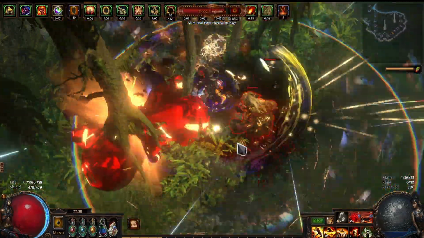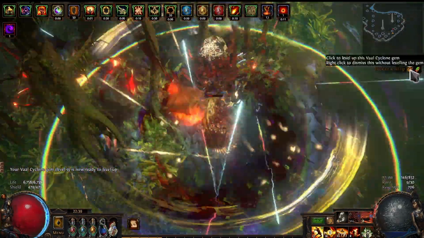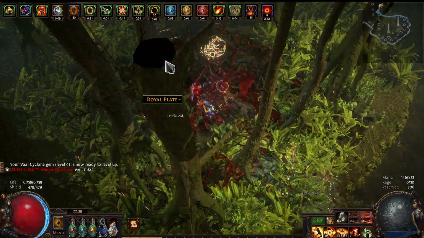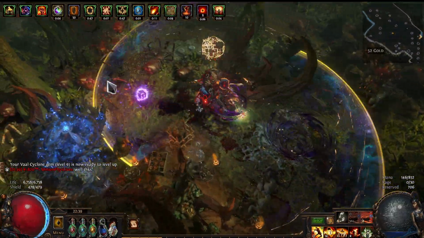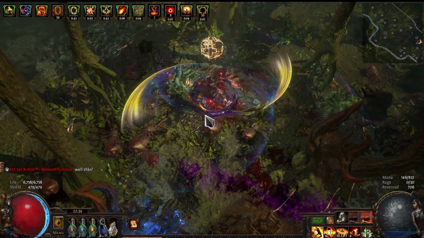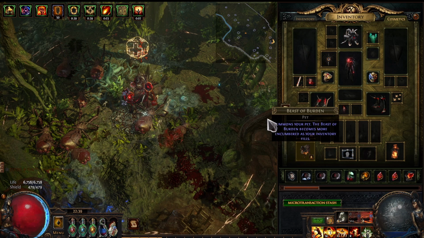See the boss damage. Holy cow, Vaal Cyclone does a lot of damage. Okay guys, so we're cooking with Cyclone. That's a lot of AoE. I wonder if I can